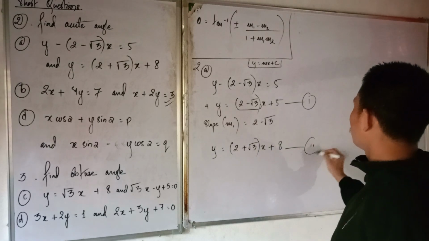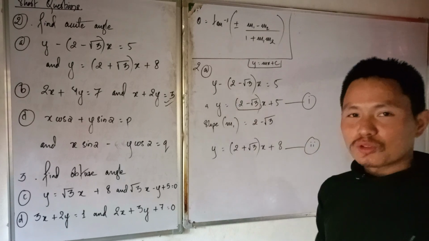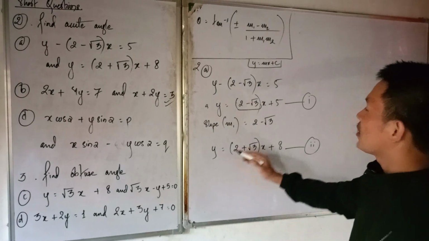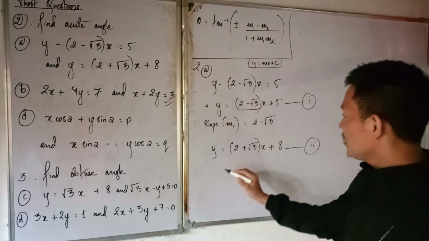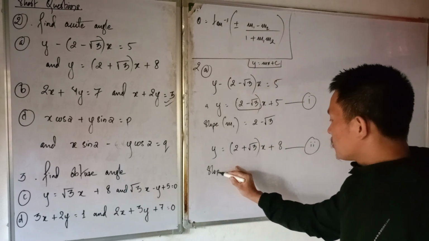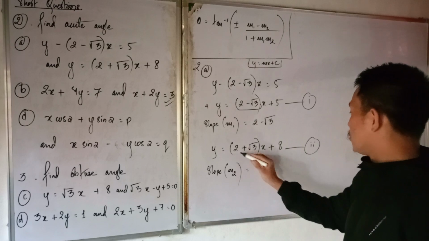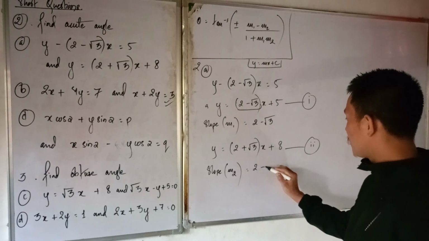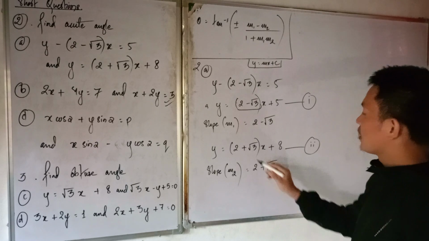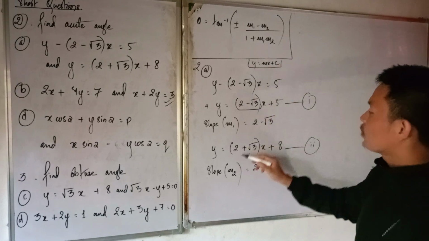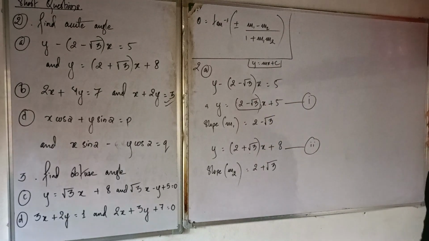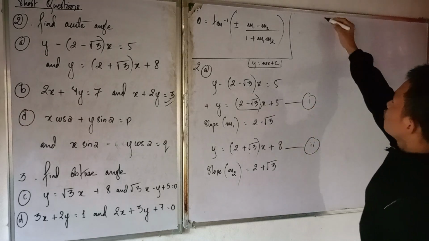So this is line 2, and we don't have to do anything here because it is already in the form y equals mx plus c. When you compare, let the slope of this line be m2. So the slope will be 2 plus root 3. If you compare this with this, the value of m we get is 2 plus root 3. Now after this, we know,